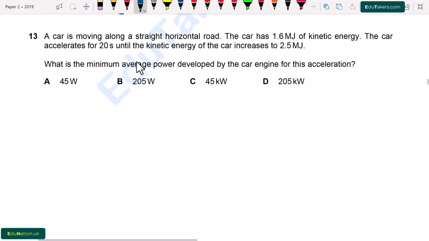Question number 13. A car is moving along a straight horizontal road. The car has 1.6 megajoule of kinetic energy. The car accelerates for 20 seconds until the kinetic energy of the car increases to 2.5 megajoule. What is the minimum average power developed by the car engine for this acceleration? Here we have to find out the power. Power is basically the rate of transfer of energy. I write here